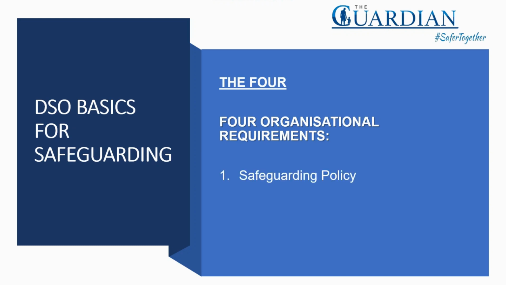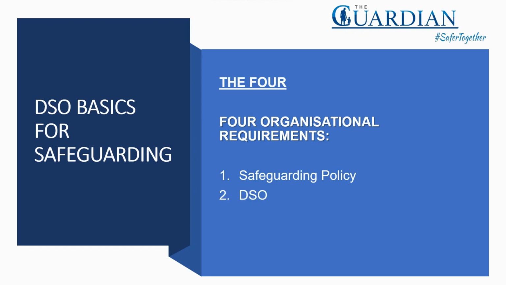Those 4 things are as follows. Firstly, your safeguarding policy, which is the document that is really going to drive the proactive behavior within your club. This policy will also give you some guidance on any reactive measures that have to be taken in the unfortunate event that something does happen. This policy needs to be made available to everybody within the club, including your parents, your coaches, and any other person who would like to have a look at that policy.